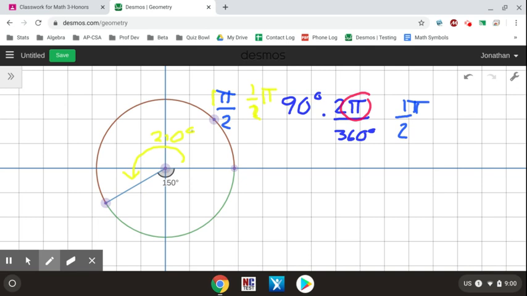In fact, technically, if we were being picky, that 210, when we talked about coterminal angles, is the same as a coterminal angle of negative 150 degrees if I'm turning in the opposite direction. But anyway, once I know my angle is 210,